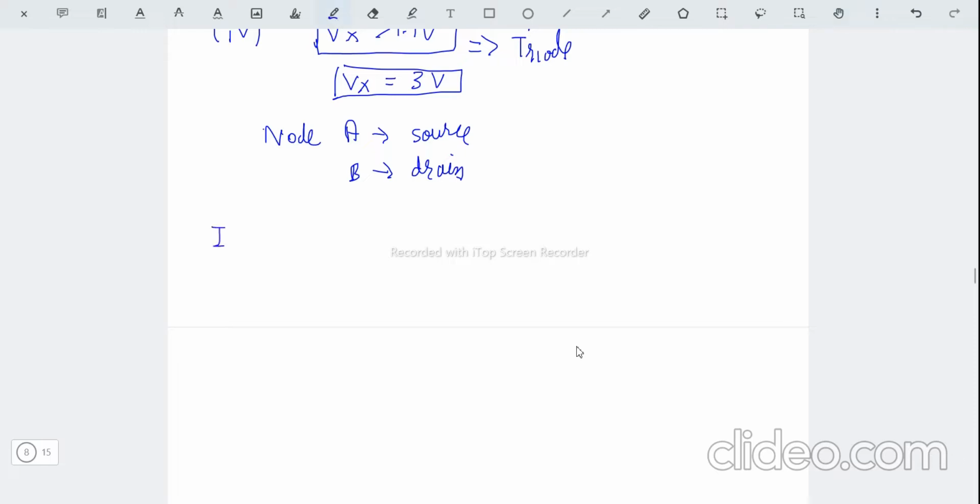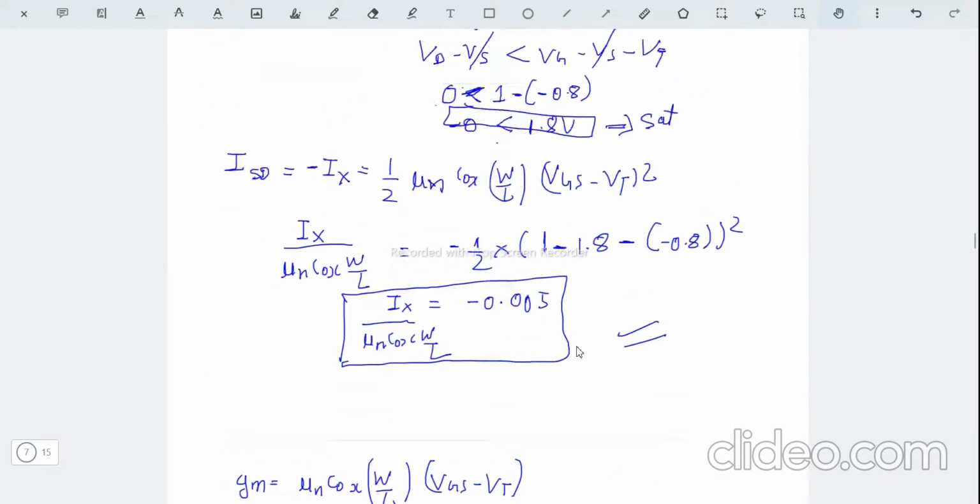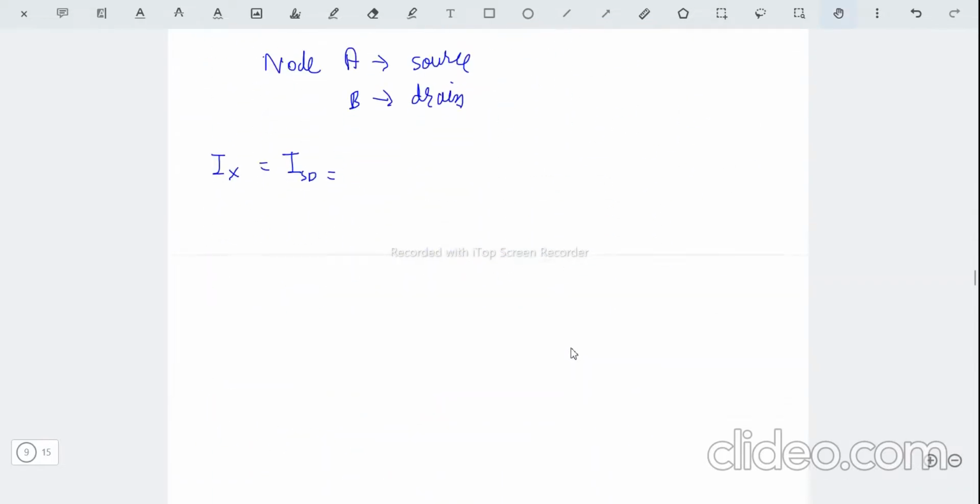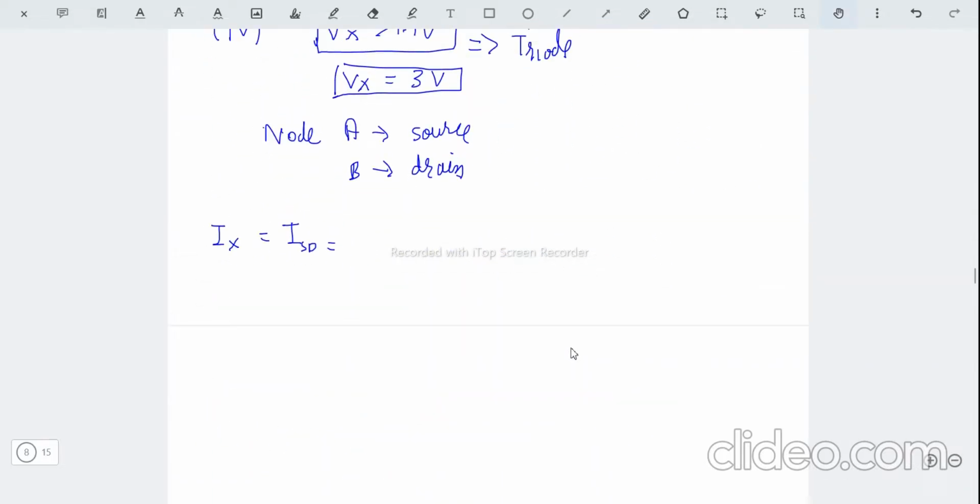So we shall use the equation for Ix. This is at source potential. So source to drain current flows something like this, and Ix current is also flowing in the same direction. So Ix is nothing but source to drain current. Here both are in the same direction, so there won't be any negative sign. Since PMOS is in triode region,